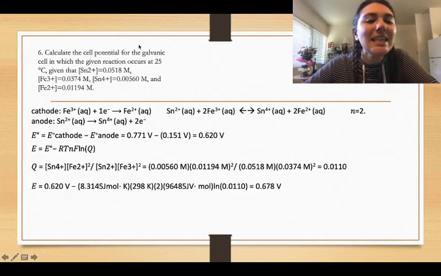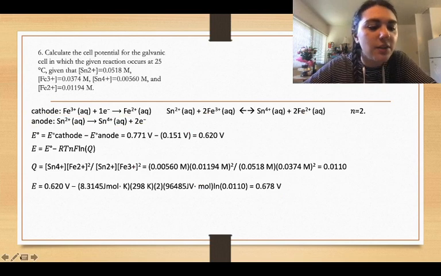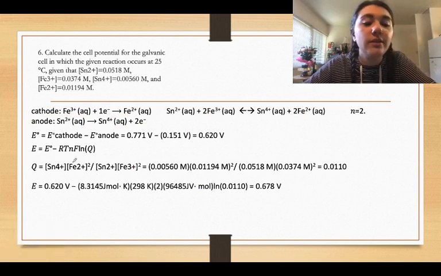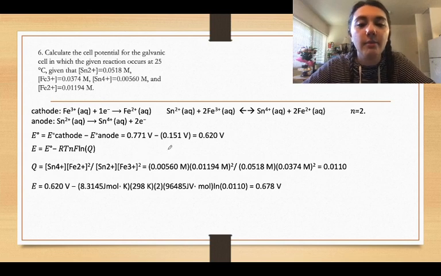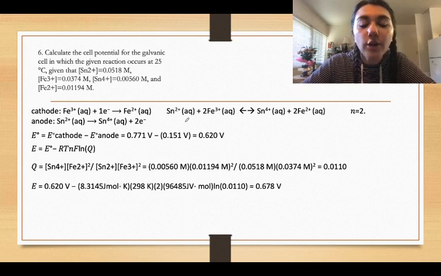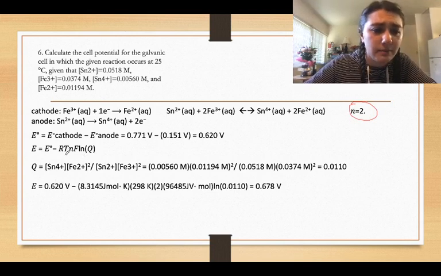Okay. Calculating the cell potential in galvanic cells. So this is something that I wanted to try and especially show you with something that doesn't seem to have the same number of electrons transferred. But what you would do is, when you're trying to find the n part, because everything else is very similar,